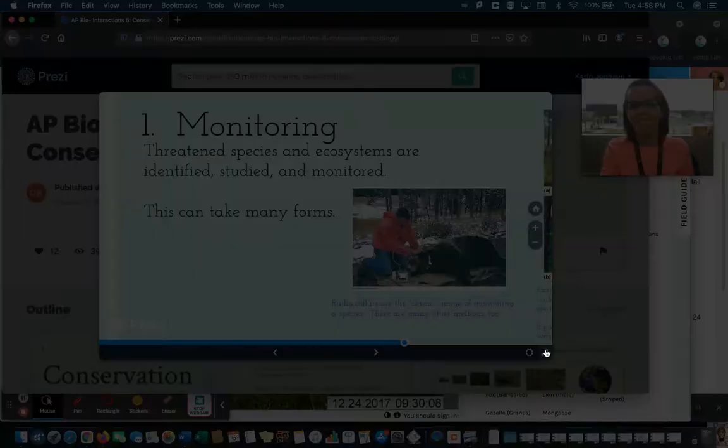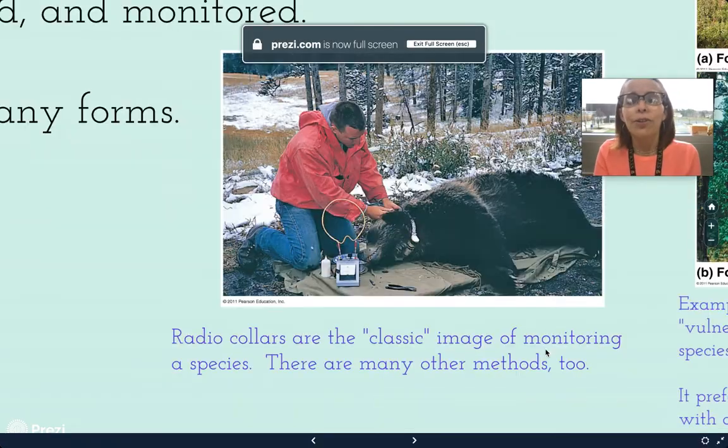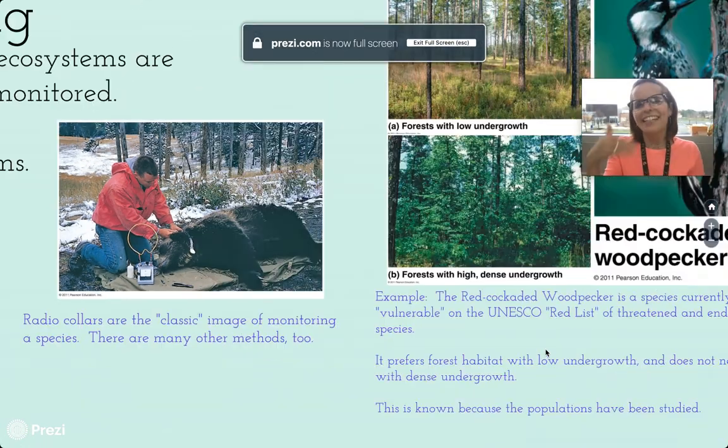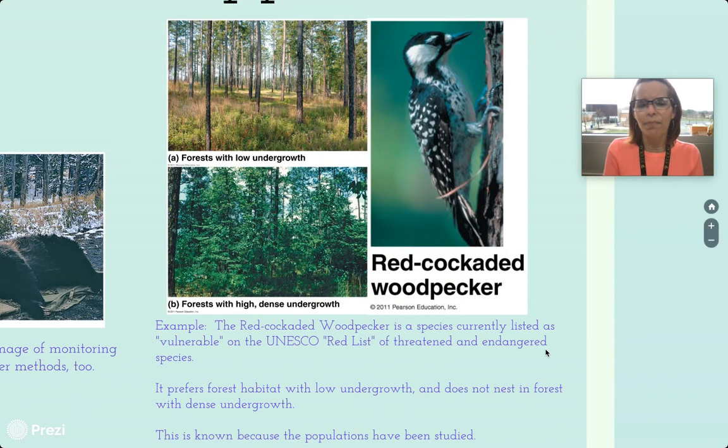There we go. We also used to do, or we didn't get to do during the COVID year, a field trip to an area where they are studying red-headed woodpeckers. This one is a red cockaded woodpecker, but they're studying them close by to us. It's like a 20-minute drive, and they're studying these woodpeckers because they're super endangered.